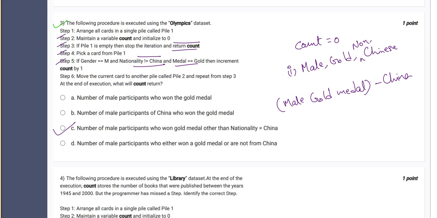So C is the correct answer, because here in option A who won the gold medal, but here there is something called China, therefore this is not the correct answer. Number of male participants of China, again that's the wrong answer, because this is a not equal to symbol. And now coming to D, number of male participants who either won a gold medal, but if you observe here,